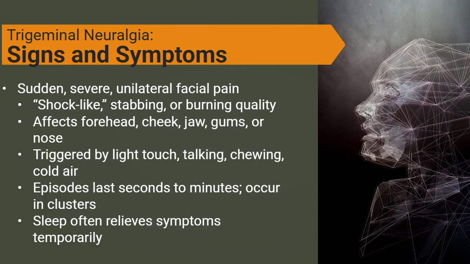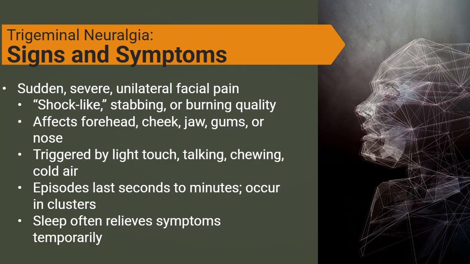Trigeminal neuralgia is considered one of the most painful conditions involving the cranial nerves. The hallmark symptom is sudden, severe stabbing pain that occurs on one side of the face. Patients often describe it as a jolting, shock-like, or electric pain that comes out of nowhere. The pain typically affects the areas innervated by the trigeminal nerve: the forehead, cheek, nose, lips, gums, jaw, or chin, depending on the branch involved. Even though the nerve has both sensory and motor fibers, trigeminal neuralgia affects the sensory portion almost exclusively.